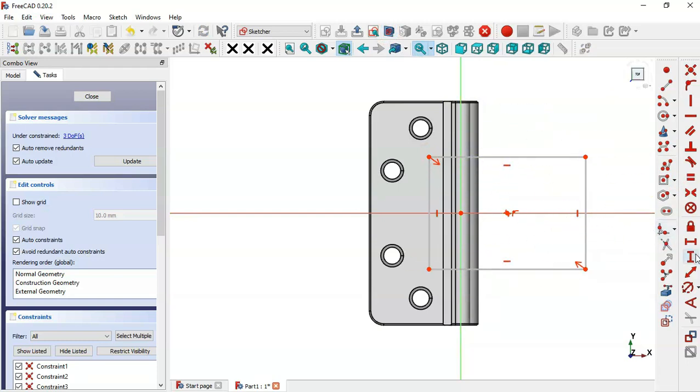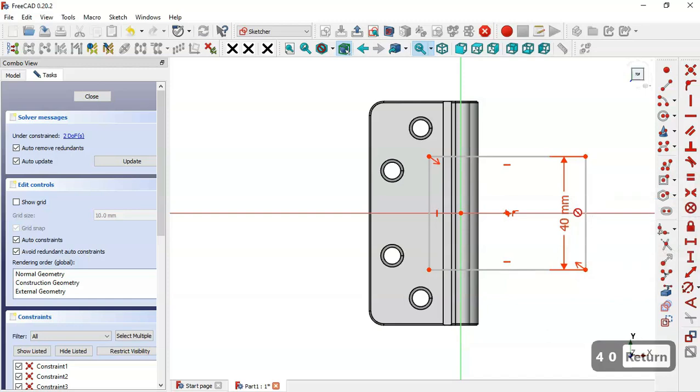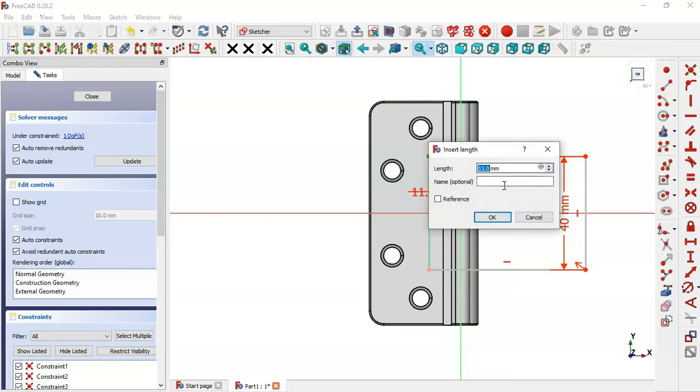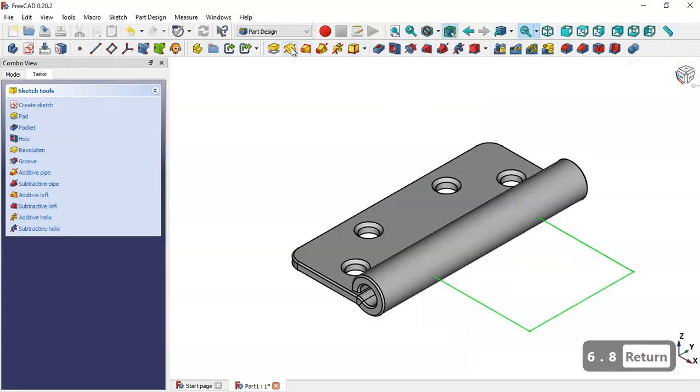So first I select this vertical distance tool, I set a length of 40 for this line here, and now I select this horizontal distance tool and I set the distance between these 2 points. I set 6.8. Okay, and now I leave the sketch and I create a pocket here,